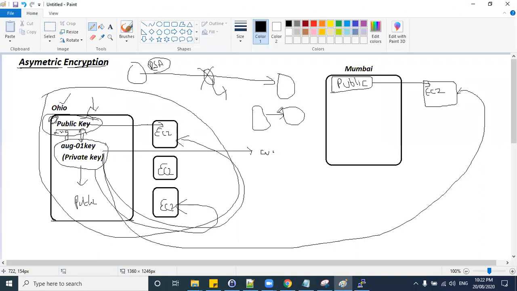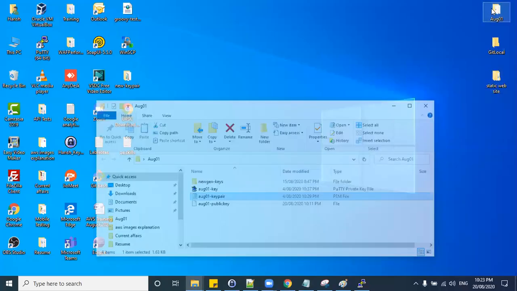Even with public key and private key encryption, there may be chances of intruders entering. But even if intruders enter, they will not have your exact private key. If you give your public key to the machine, only the holder of your private key can release the data. Otherwise, it will not release the data. So this private key is specific to you.